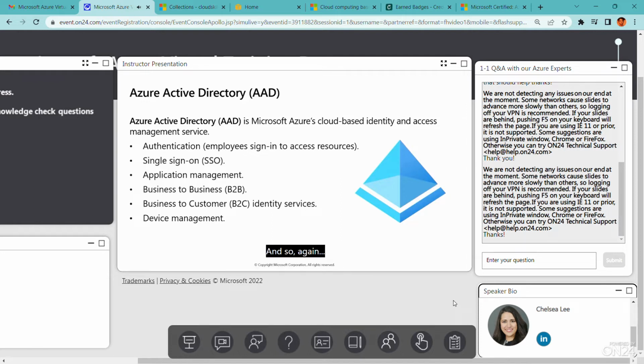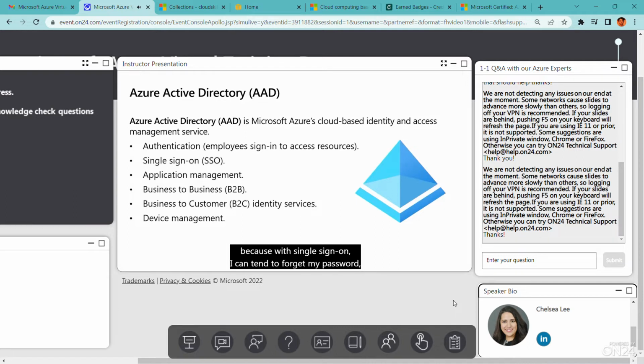And so again, some of the benefits of using this through Azure Active Directory, you can have self-service password reset, multi-factor authentication. You can even set up a custom banned password list. So that way you don't have anyone setting their password to password or password 123, but it's adding that next level protection. It also can be used for single sign-on, which is so incredibly nice, but it also can be